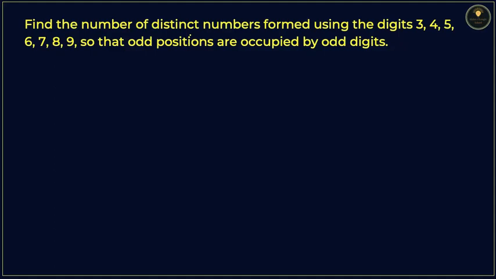In this problem, we have to find the number of distinct numbers formed by using the digits 3, 4, 5, 6, 7, 8, 9. And it is also given that the odd positions are occupied by odd digits. So if you can see here, there are a total of 1, 2, 3, 4, 5, 6 and 7 digits. Which means that the odd places are occupied, which means first place, third place, fifth place and seventh